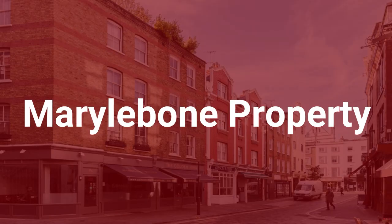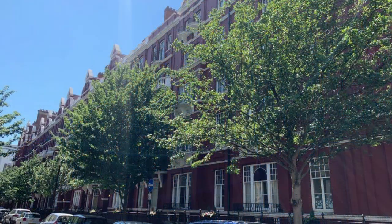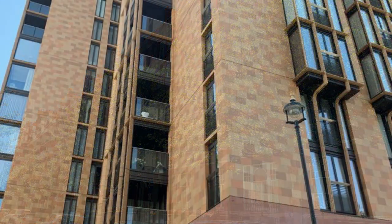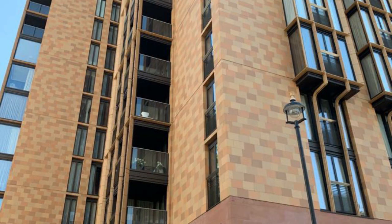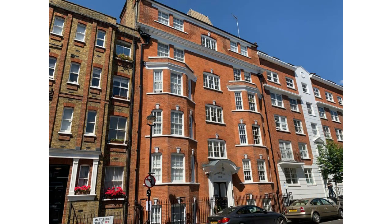Coming back to Marylebone, so what's the housing like? Well, there's plenty of grade 2 listed buildings, including towering red brick mansion blocks, as well as elegant Georgian, Victorian, Edwardian terrace homes bordering garden squares. Housing options include compact studios to lovely mews houses, expansive flats in the mansion blocks, and some modern developments and